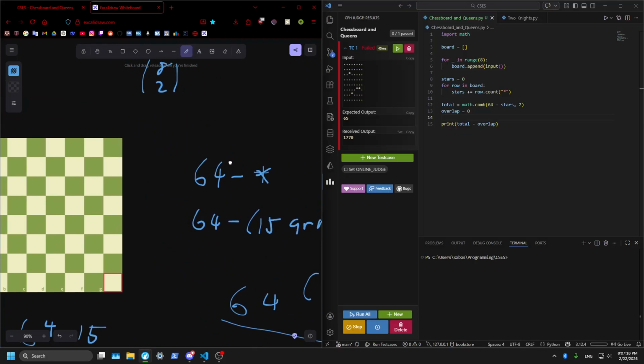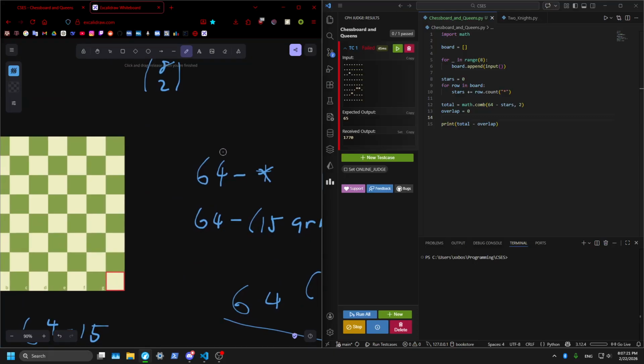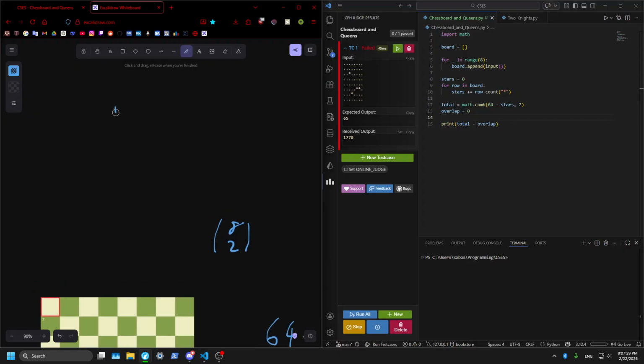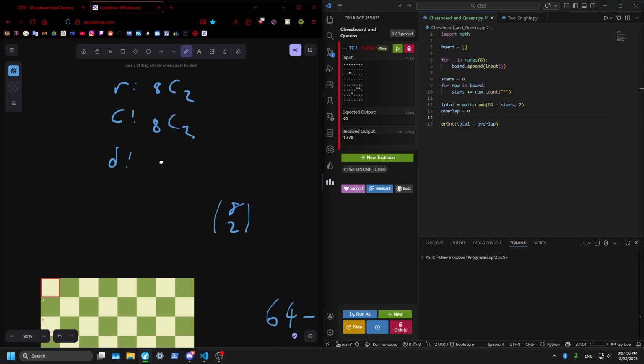The same diagonal. Well, let's do same column. Column is same as rows. So okay, row 8 choose 2, column 8 choose 2. Diagonal is